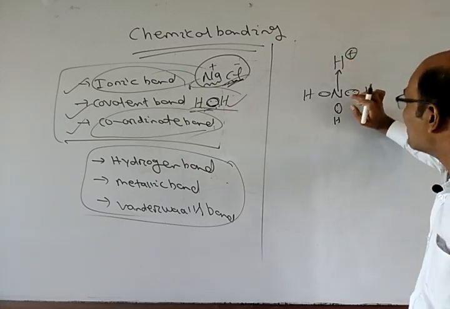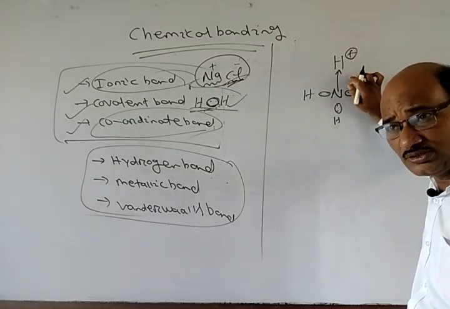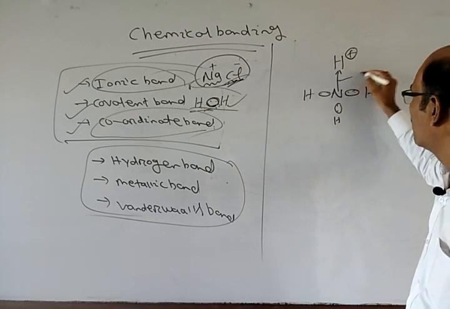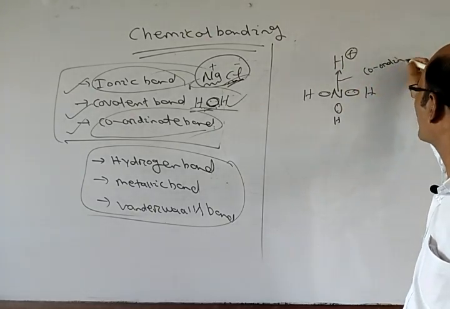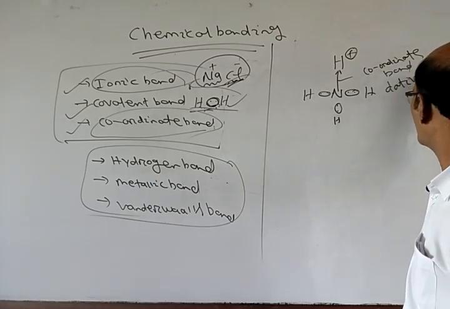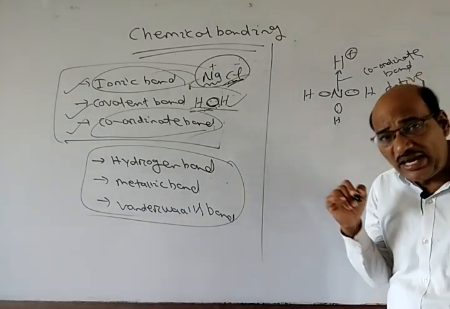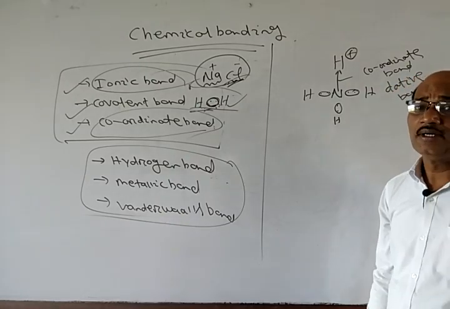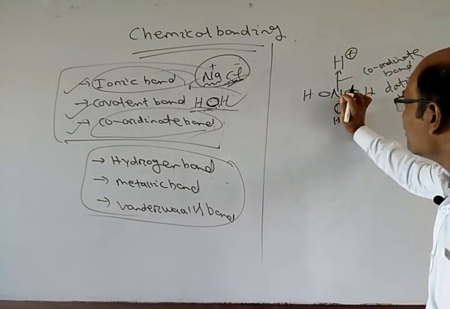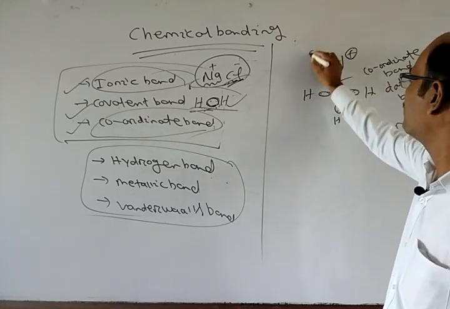Okay. So after giving the electron, the nitrogen atom is first giving one electron pair to this H plus. Then this electron pair is getting shared. This is called what? A coordinate bond, or called what? Dative bond. The bond where at a time a pair of electrons is getting shared is called a dative bond or coordinate bond. And here you see the atom which donates the electron becomes the donor. This is called the donor. This is called the acceptor.